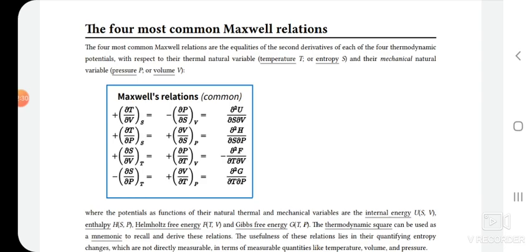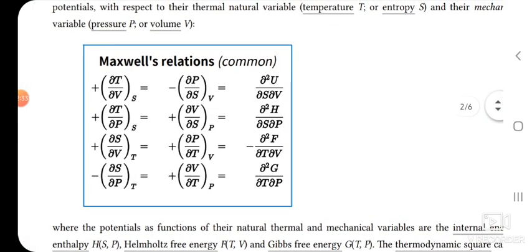There are four different Maxwell's equations here. First one is dou T by dou V at constant S, or constant entropy, is equal to minus dou P by dou S at constant volume. Similarly, second one is plus dou T by dou P at constant entropy is equal to plus dou V by dou S at constant pressure. Then dou S by dou V at constant temperature is equal to dou P by dou T at constant volume, or minus dou S by dou P at temperature T is equal to plus dou V by dou T at pressure P. These are the four Maxwell's equations that we have to derive,